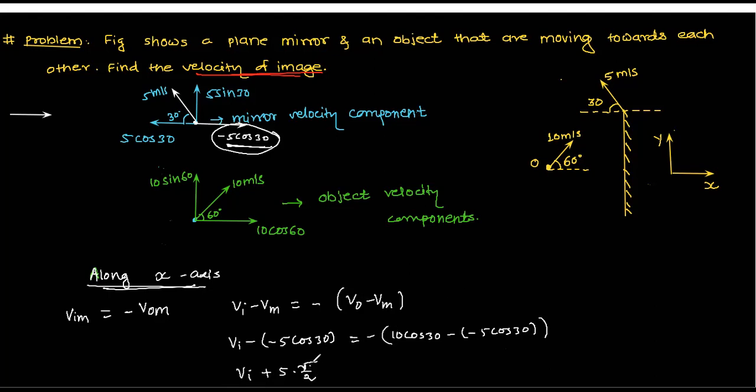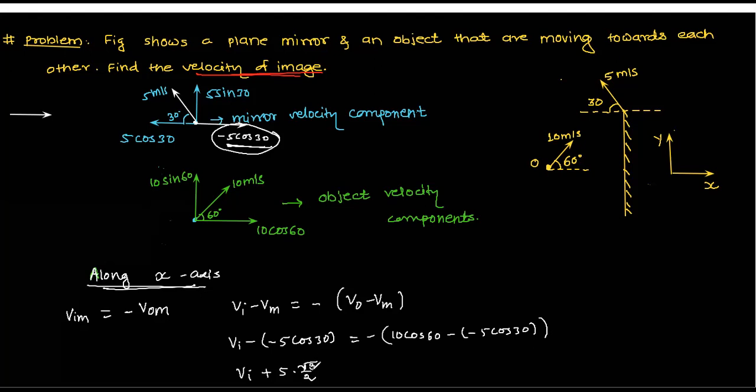So this is root 3 by 2. Yes or not? Here I think we should take cos 60, no? Yes, change it. One minute. Take 60 in this, right? This is for the object, right? See the resolution of the object, the green one. Yes, so here you take 60. Okay, like this. Now it is okay.